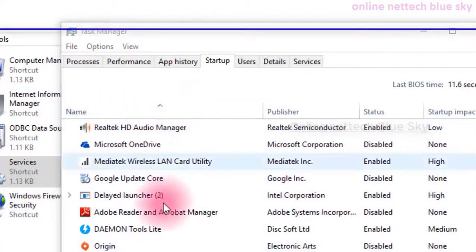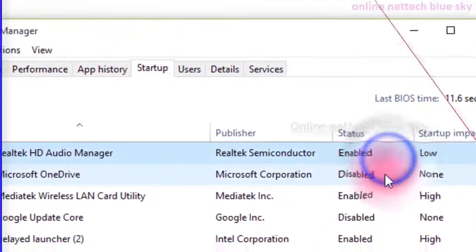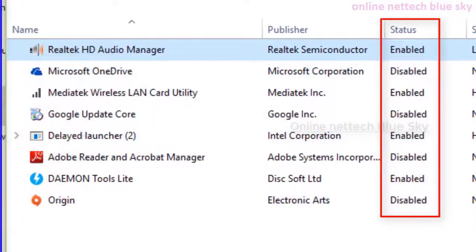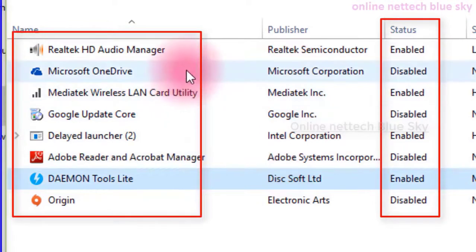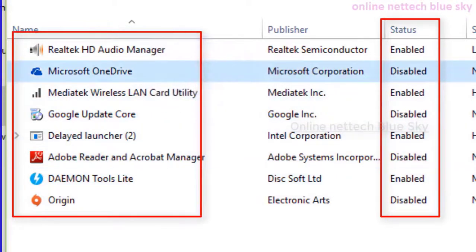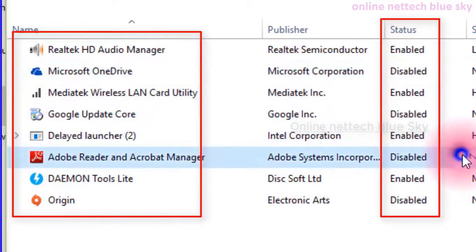Well, when I power on, you can see here, and if you have unnecessary applications, always disable them, because they load your computer.